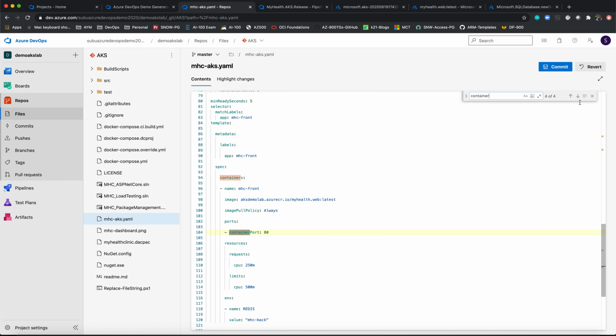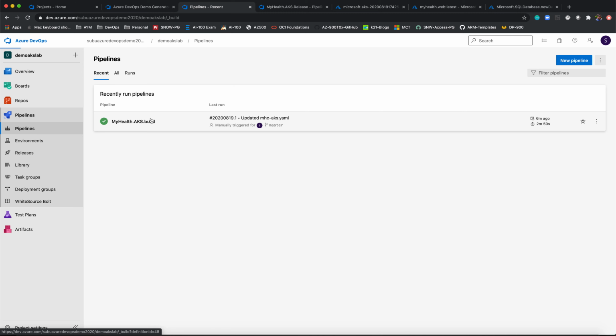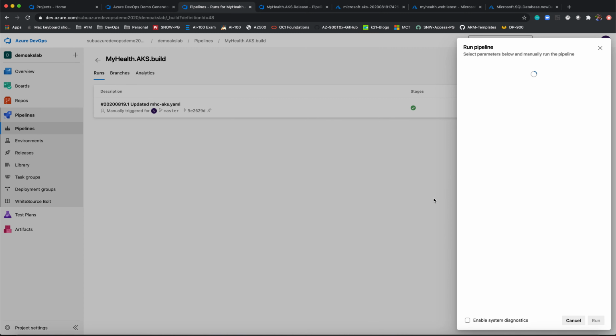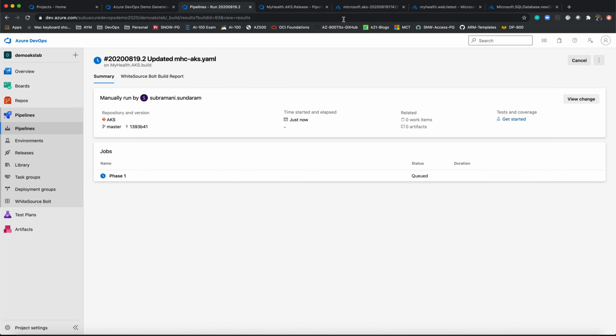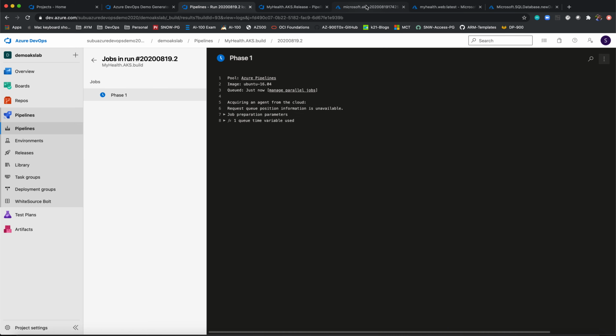So I just need to go and run my pipeline once again so that this will be copied to my artifacts. I'm just running my pipeline. I'm not doing anything else. I'm just trying to create an ACR and take that image, come to my repository, replace that image with a dummy image, and then run the pipeline again so that my deployment.yaml file will be copied onto my release pipeline artifacts. Okay, in the meantime, let us check.